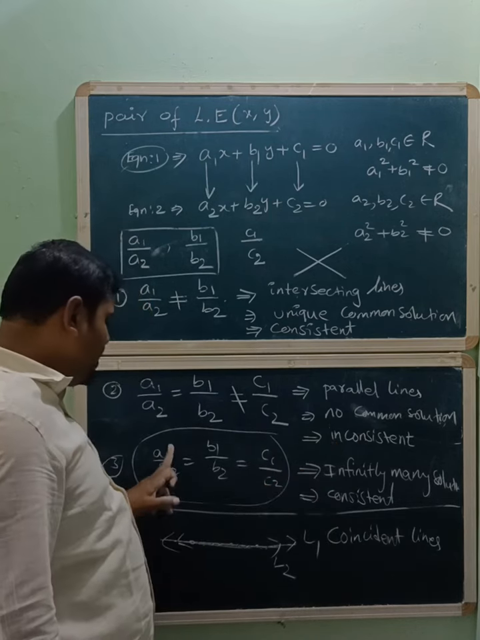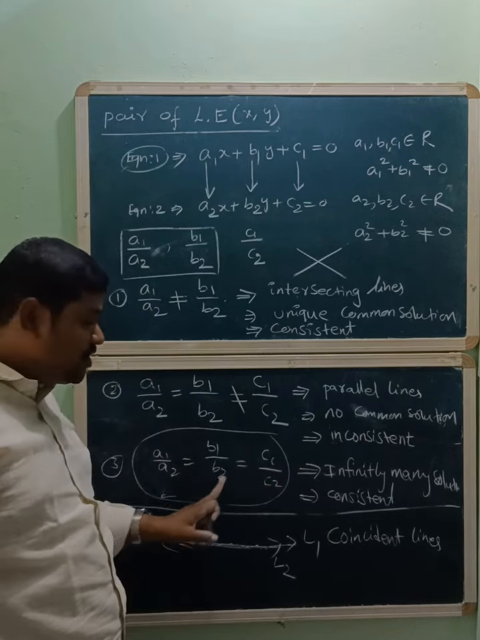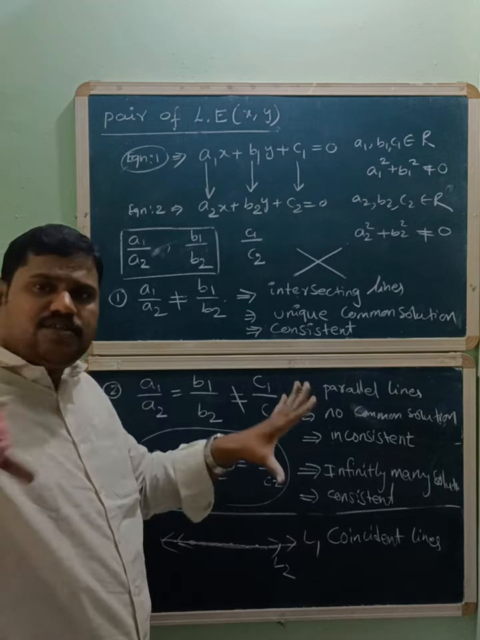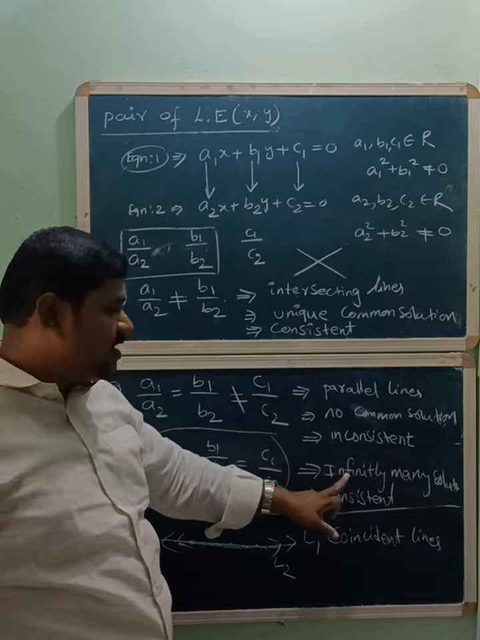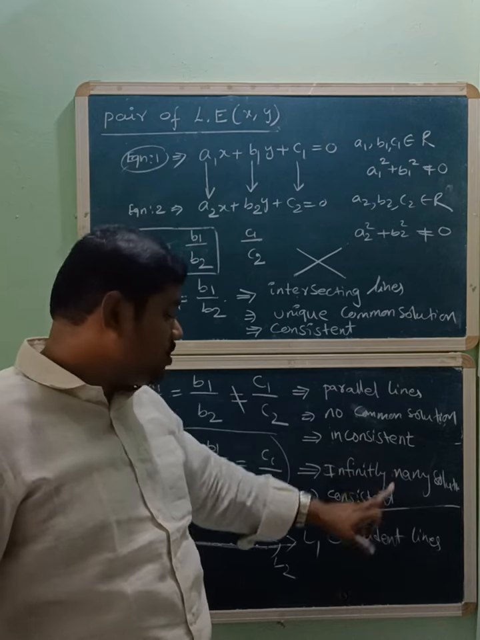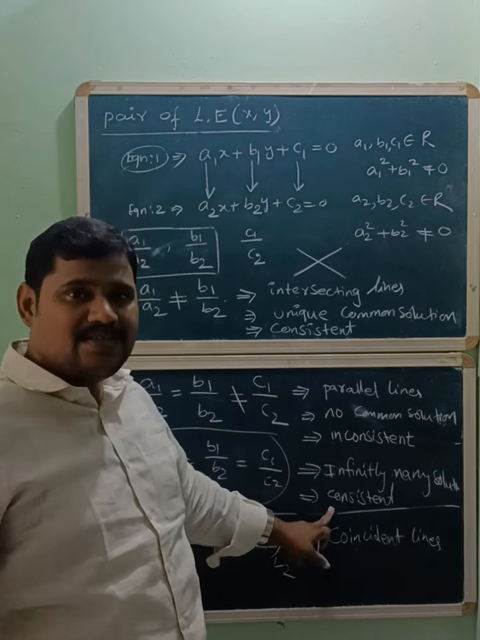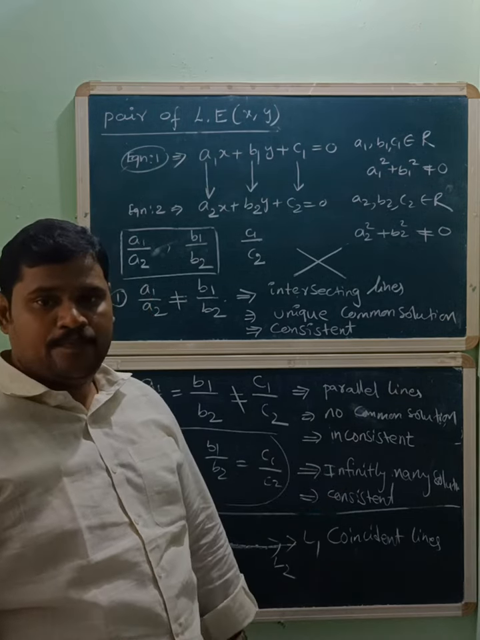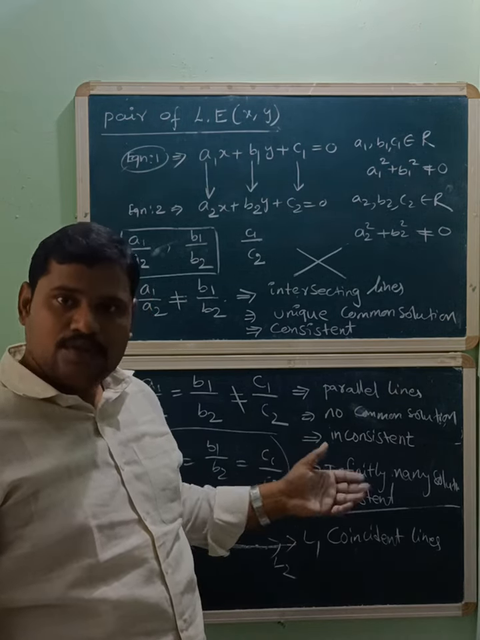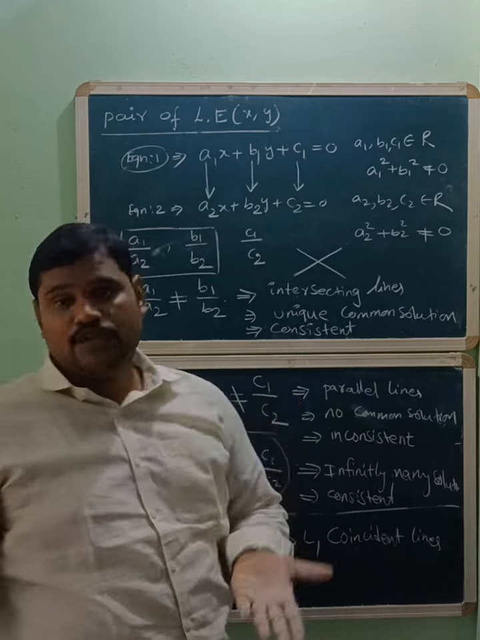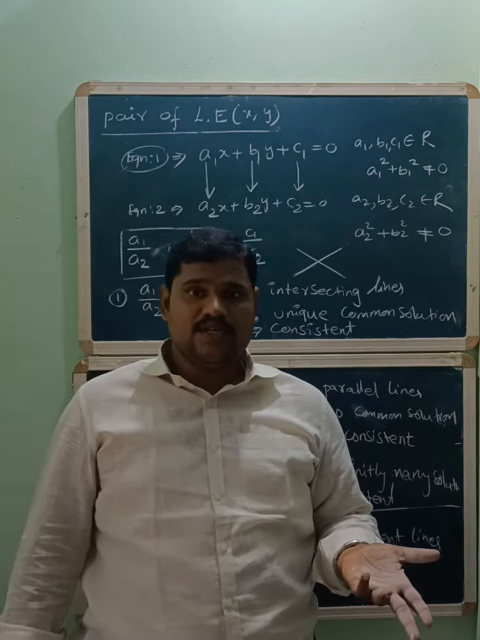Now the last condition: a1 by a2 is equal to b1 by b2 is equal to c1 by c2. All the ratios are the same, then we can say there are infinitely many solutions. Those lines are called coincident lines and also consistent, because a solution exists. I hope all understood this one. In the next video we can discuss some of the